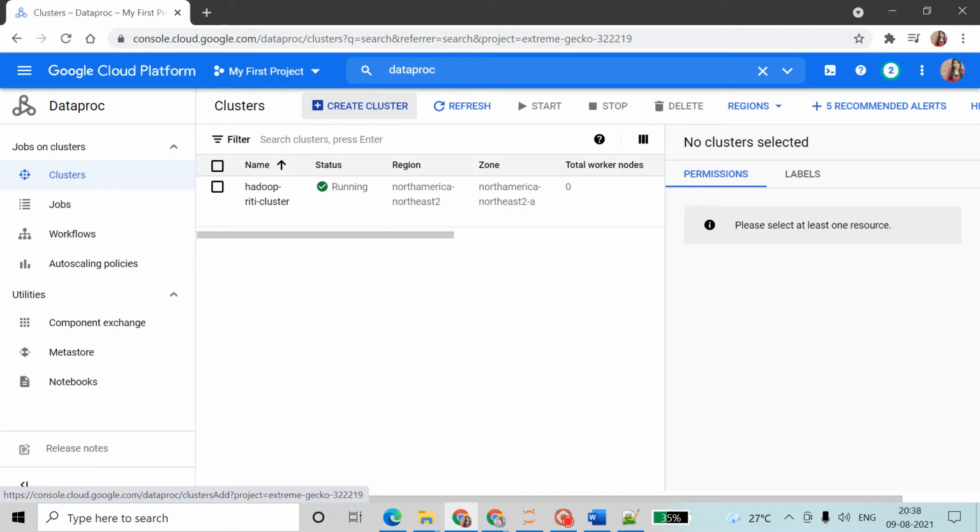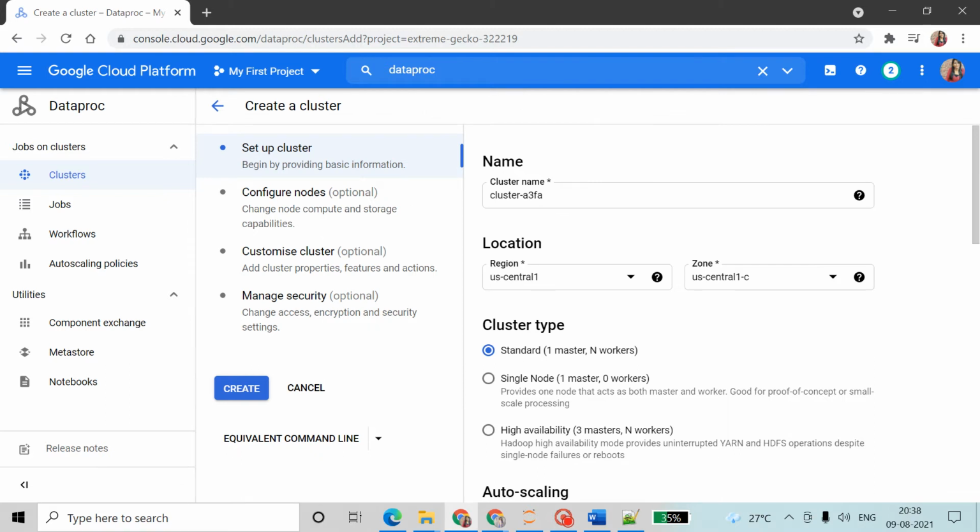So first we have to create a cluster. When I click create cluster, I get the setup cluster page. We have to write some name. It doesn't have to be that name; we can use something else. So I am writing Riti cluster